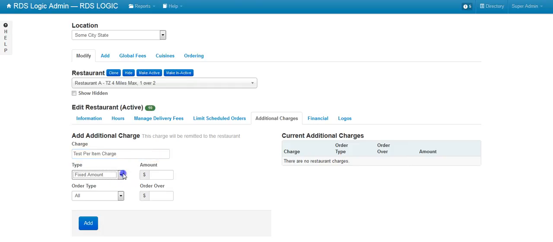And there's a couple options for the type. You can do a fixed amount, percentage of the subtotal of the order with that restaurant, or you could do a per item fee. For this one, let's go ahead and set up a per item fee, and you also have the option to specify if the restaurant subtotal is over this amount, then add this fee. There's also an order type, so you can specify for delivery, takeout, or both. Okay, so let's go ahead and add that fee,